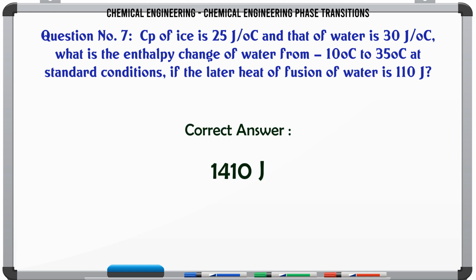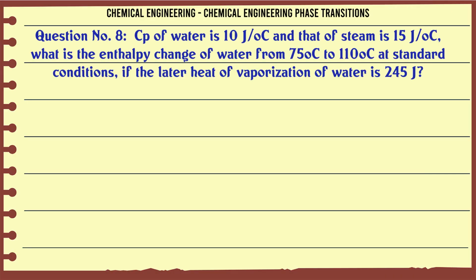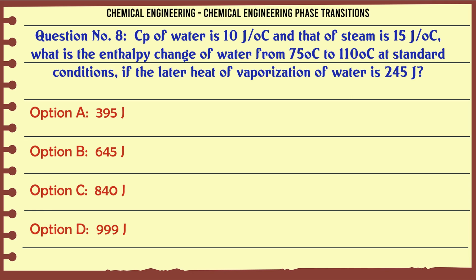1410 J. Cp of water is 10 J/°C and that of steam is 15 J/°C. What is the enthalpy change of water from 75°C to 110°C at standard conditions if the latent heat of vaporization of water is 245 J? A) 395 J, B) 645 J, C) 840 J, D) 999 J. The correct answer is